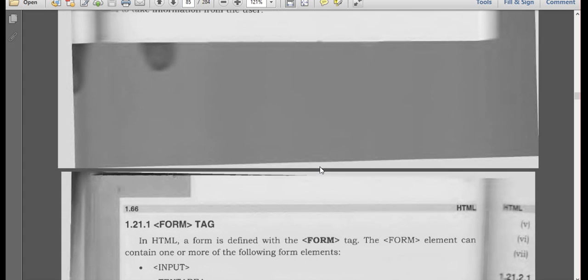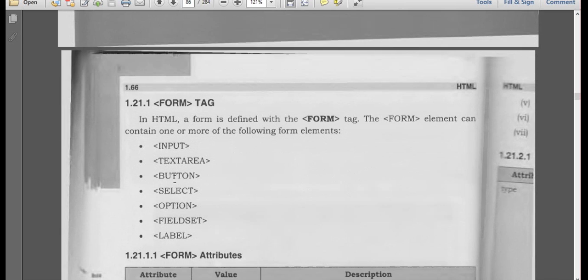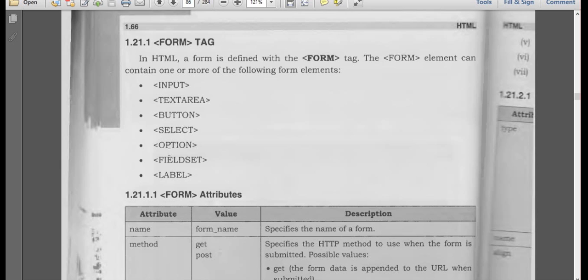So for this we have to use one tag that is called the form tag, and we have different types of elements: input, text area, button, select, options, field set and label. Input in the sense which type of element you are using, that will be described. Text area in the sense it will have an area where we can write addresses, etc. Button is a button. Selection is nothing but your drop down menu. Options are also called drop down fields. Label is nothing but, for example, if you go with a form, enter your name or user name, that is nothing but a label. Password is a label, and after that the label will have a box, so that is called a text box or input. Okay, so these are the different